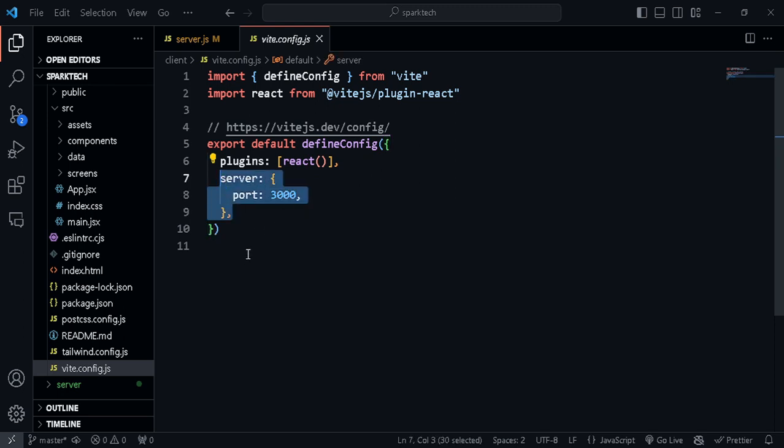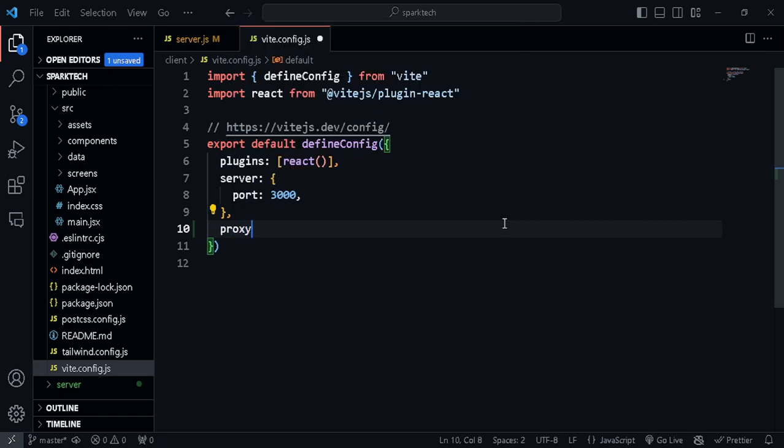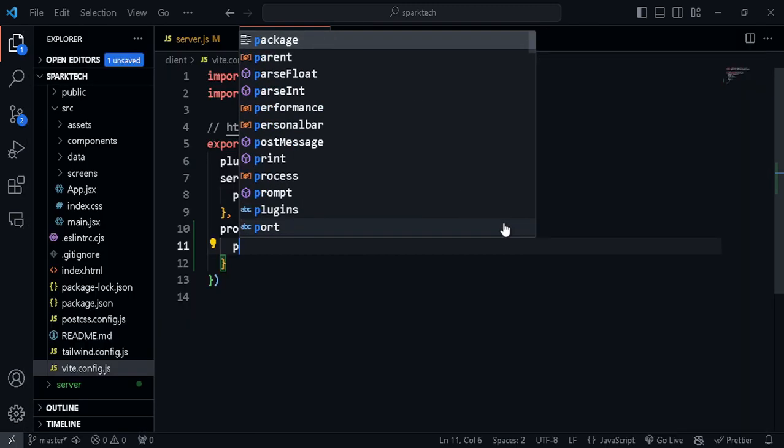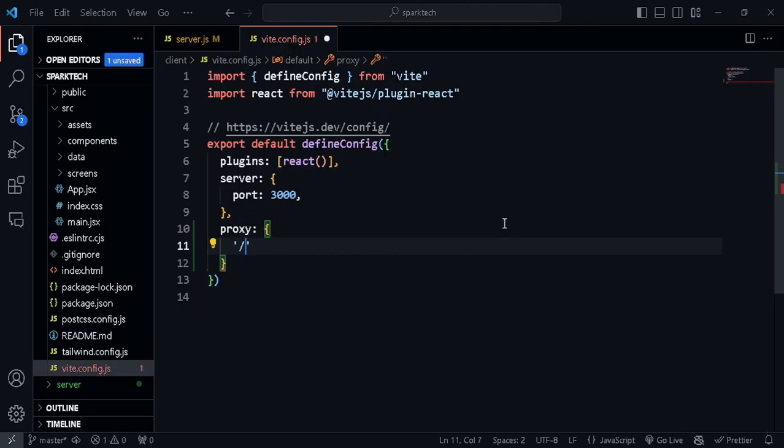Previously we have already set up this server, which should be running on port 3000. Another thing I can do is add another property called proxy, and set this to an object where anything that starts with slash api